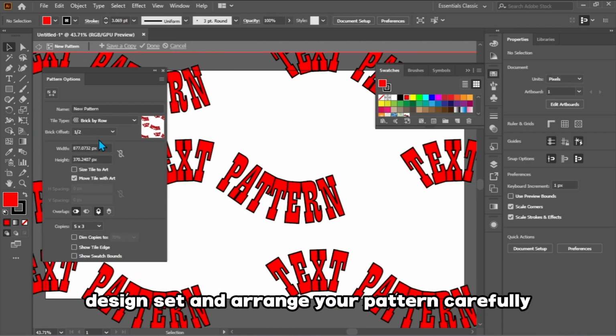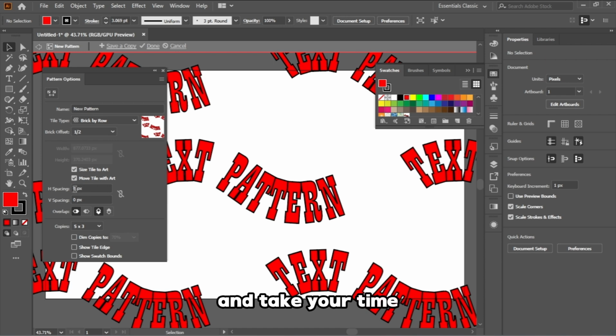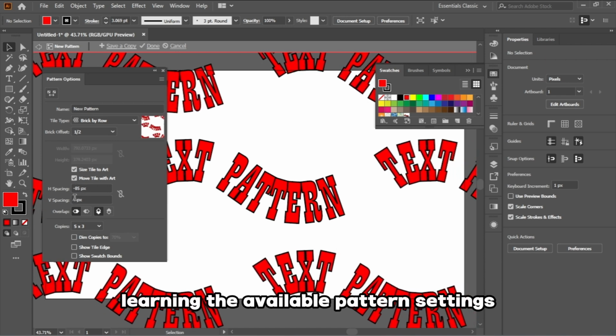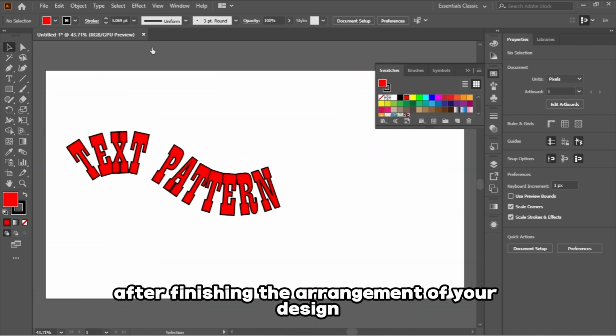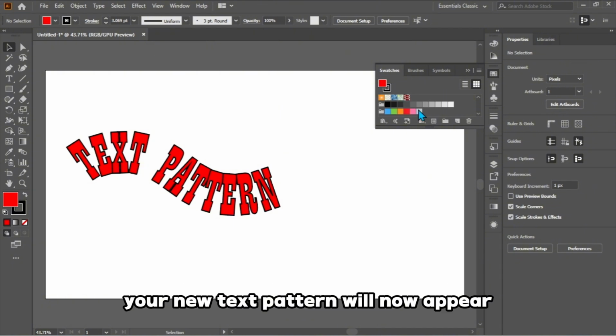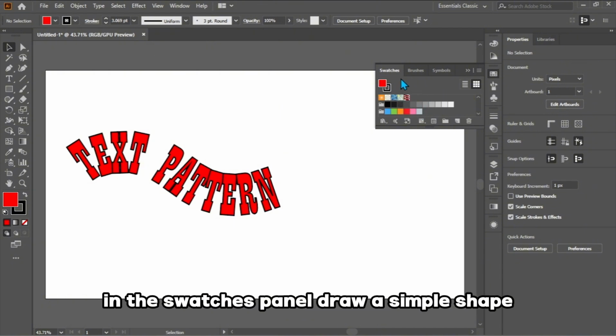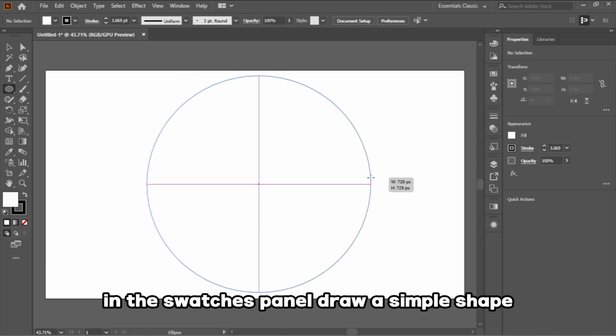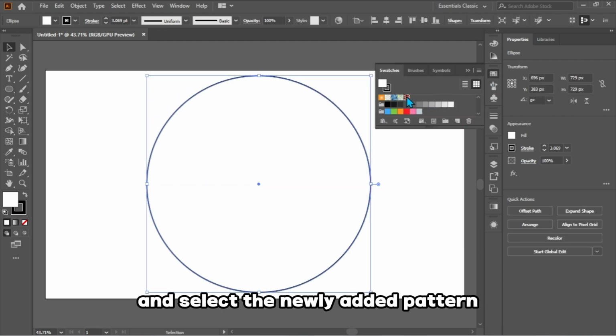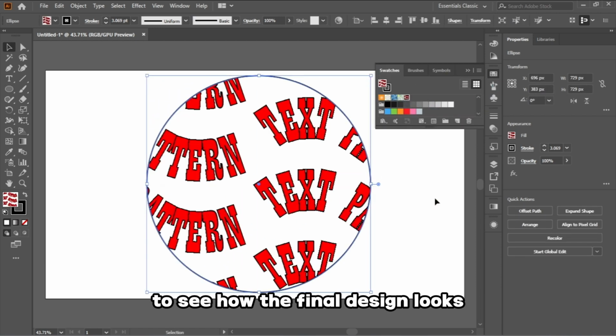Set and arrange your pattern carefully, and take your time learning the available pattern settings. Click Done after finishing the arrangement of your design. Your new text pattern will now appear in the Swatches panel. Draw a simple shape, open the Swatches panel, and select the newly added pattern to see how the final design